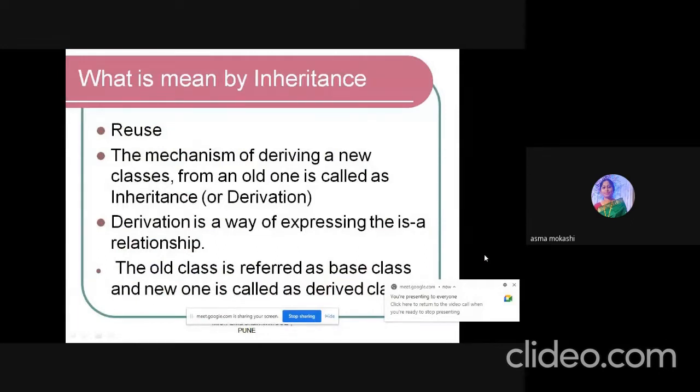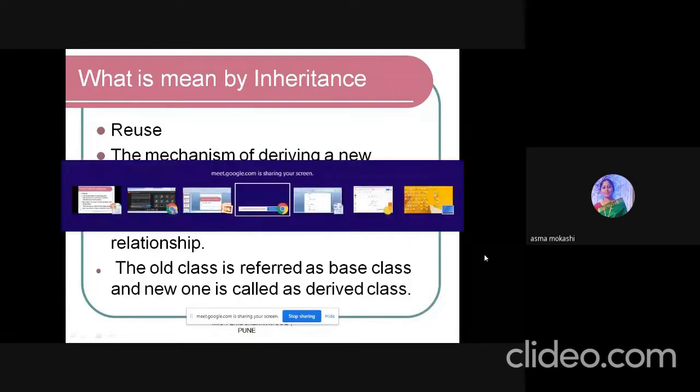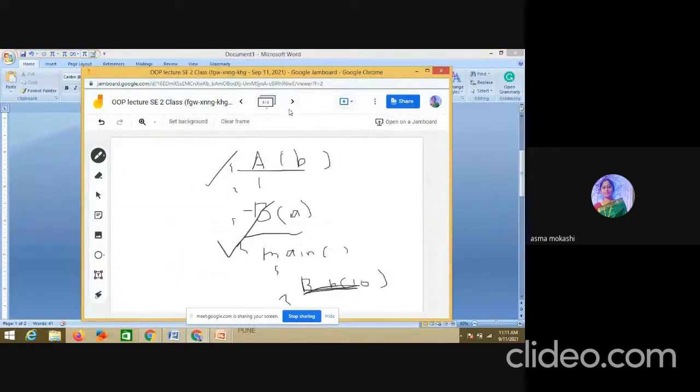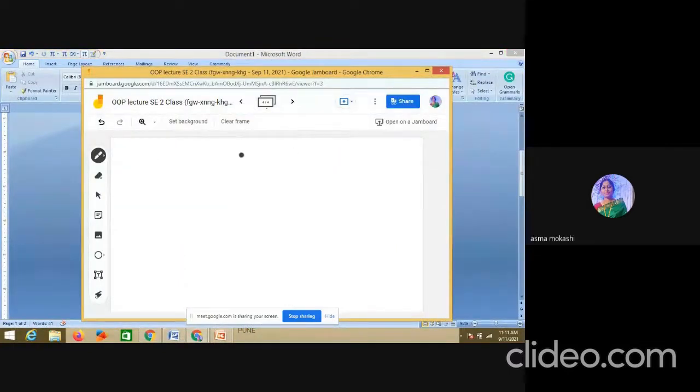So whenever you see this inheritance logic, what do you understand from this? Inheritance is the example, like we have a shape. What inheritance exactly means is that I have one class, that is my parent class.